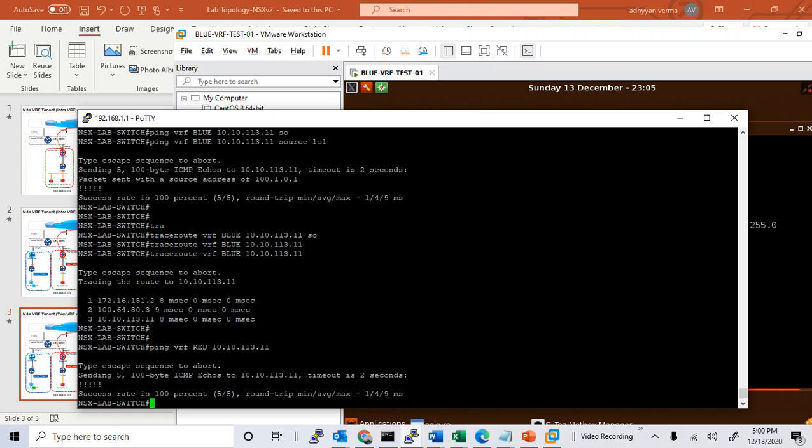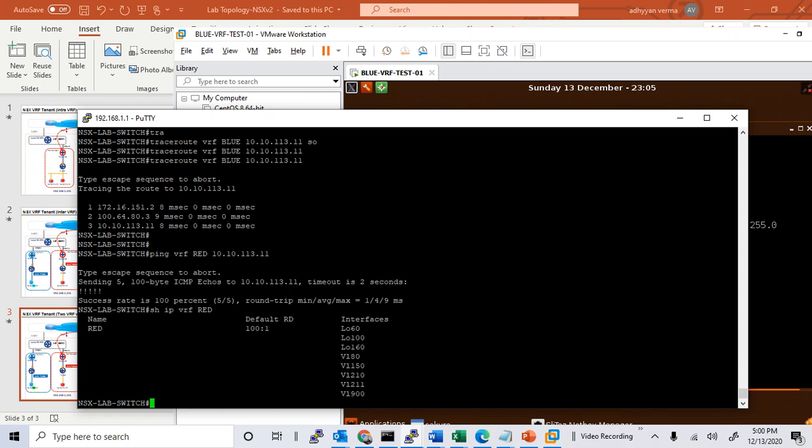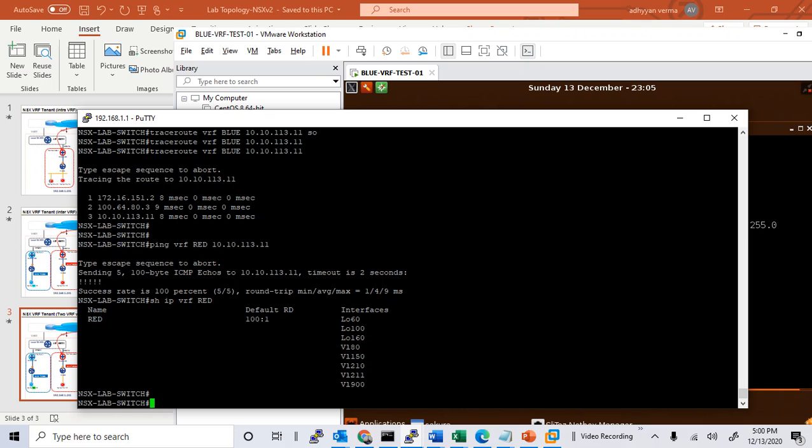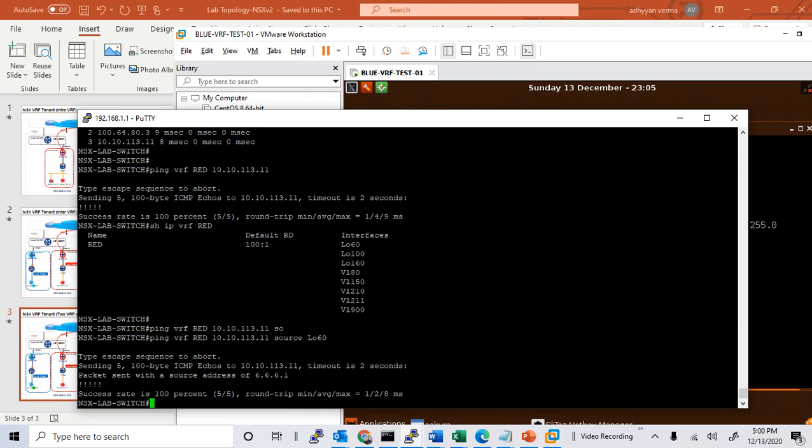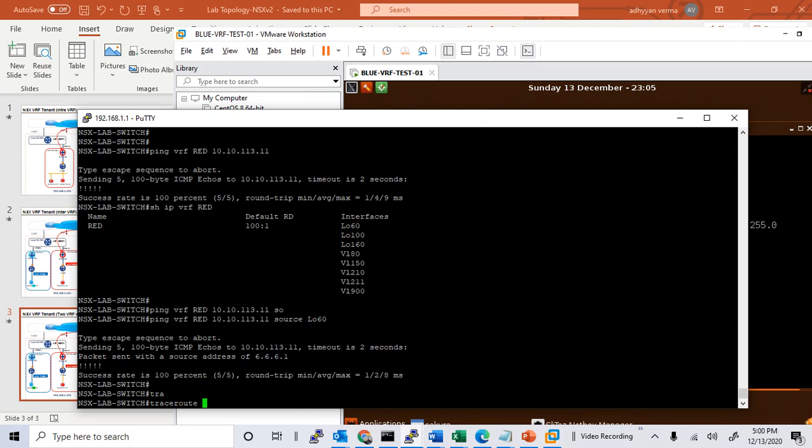10.10.113.11. It's pinging. Okay, and we can take a source. We have a source. Let me see. Show IP. We have red. So we can take source loopback 60. So say source LO60. It's pinging. Let's do a trace here. Trace VRF red